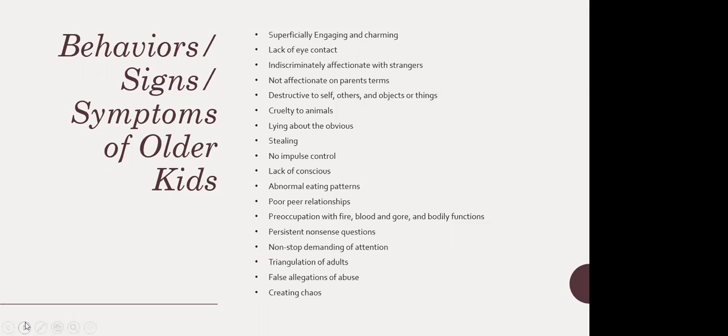Next one is triangulation of adults. In our home, I have my husband and myself, and we make all of the rules. We have expectations. A child with RAD, which we've experienced, she would do whatever it took to play both sides. My husband would go to work, he's a teacher, and I would stay home. All day long, she would present with just horrendous behaviors. But the second my husband would come home, she would instantly become charming and innocent,